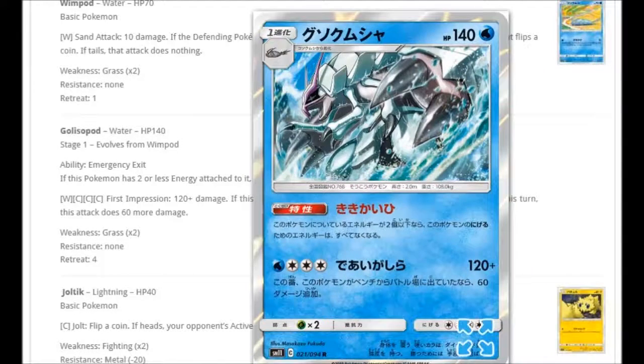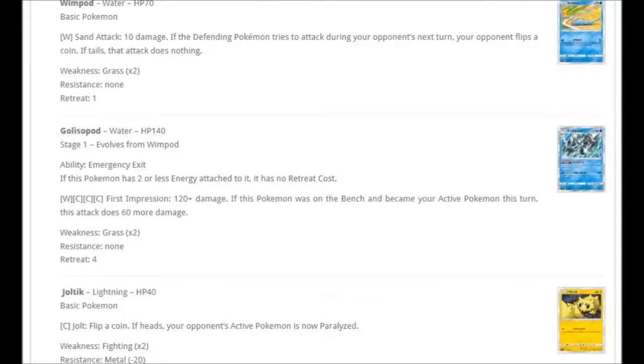Very nice artwork, and it will be a holo. Ability, Emergency Exit. If this Pokemon has 2 or less energies attached to it, it has no retreat cost. And it would have 4. This is great. I like this ability. The attack, we've got Water, triple colourless. First Impression, 120 damage. If this Pokemon was on the bench and became your active this turn, this attack does